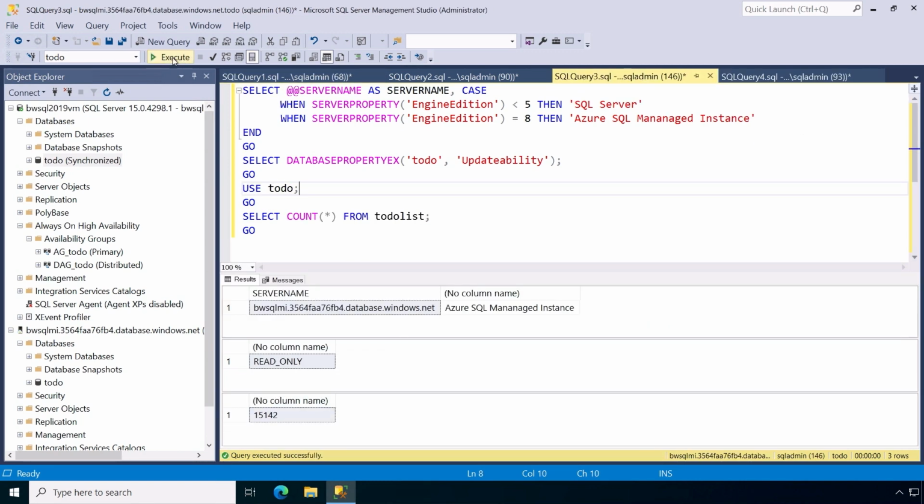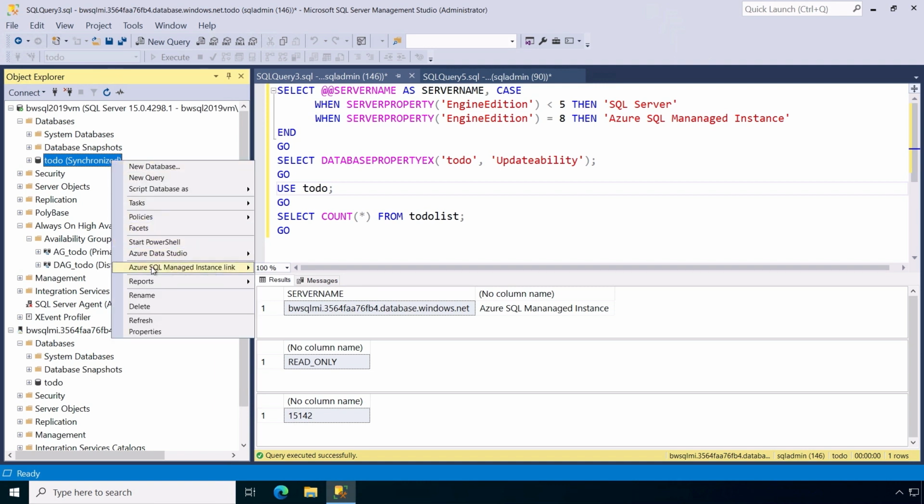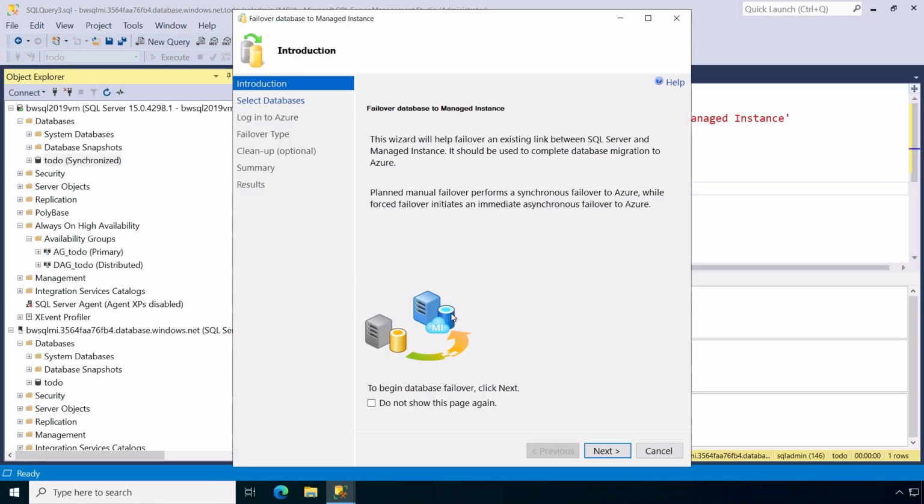So I'm going to stop that write workload and capture a snapshot of my read workload, because now I'm going to do the migration. In the migration over here, I can use SSMS, use a wizard, click on a database and fail over to the managed instance. And when I do this failover, it's going to perform the online migration. Since we're using availability group technology, this online migration can be extremely fast, because all I need to do is